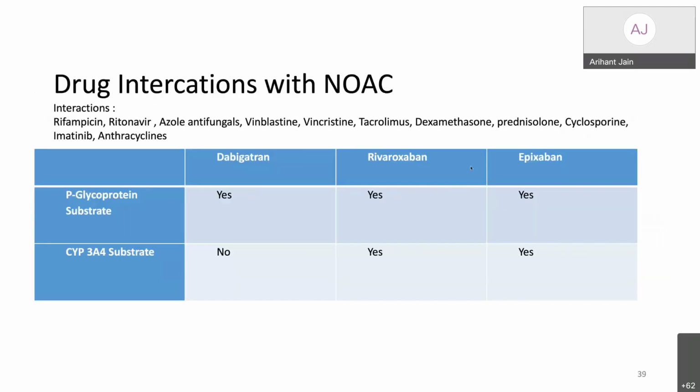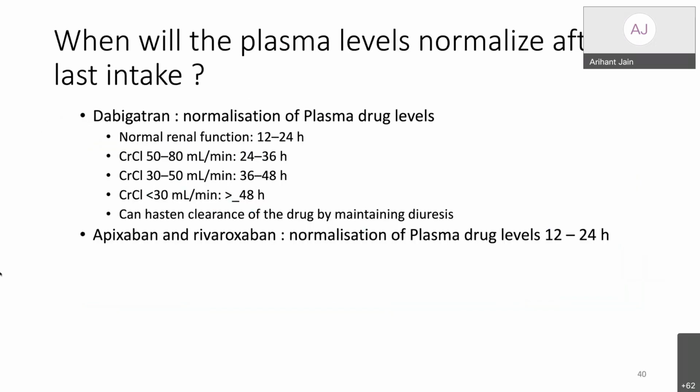Drug interactions, again: if you are taking drugs such as rifampicin, azoles, vincristine, tacrolimus, dexamethasone, cyclosporin, imatinib, anthracyclines, all these drugs will have interaction with NOACs. If it is a P glycoprotein substrate, it will interact with all three drugs, Dabigatran, rivaroxaban, and apixaban. If it is a CYP3A4 inhibitor, Dabigatran is okay, but the factor Xa inhibitors will have interaction. So always check for drug interactions with interaction calculators on your mobile before